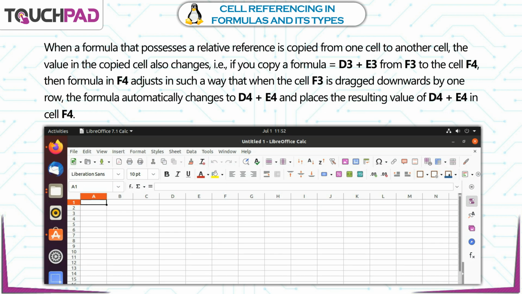When a formula that possesses a relative reference is copied from one cell to another cell, the value in the copied cell also changes. That is, if you copy a formula equal to D3 plus E3 from F3 to the cell F4, then the formula in F4 adjusts in such a way that when the cell F3 is dragged downwards by one row, the formula automatically changes to D4 plus E4 and places the resulting value of D4 plus E4 in